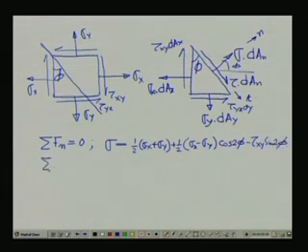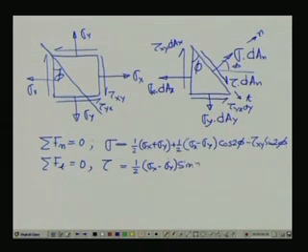Similarly, summation of forces in the tangential direction equals 0 yields that shear stress tau equals half of sigma x minus sigma y into sin 2 phi, plus tau xy